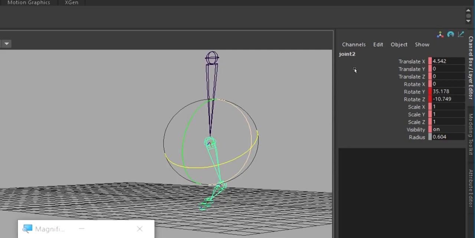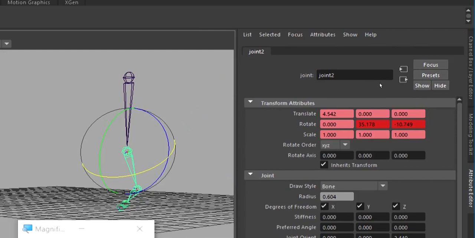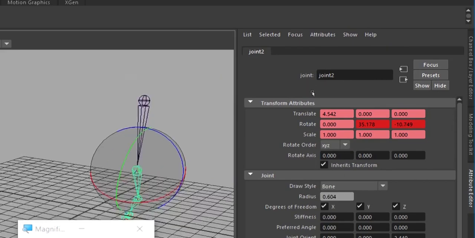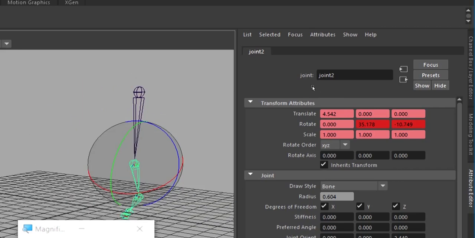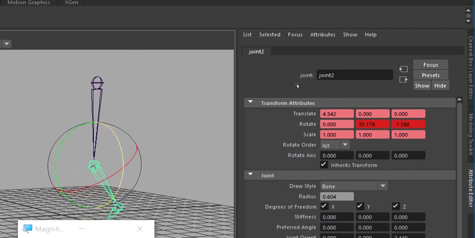I just want to show the use of gimbal and how that rotation order works. Z, Y, X. You can change the order also. The main use of gimbal is that you cannot rotate other than by clicking on the axis.